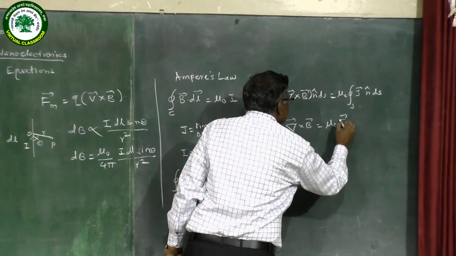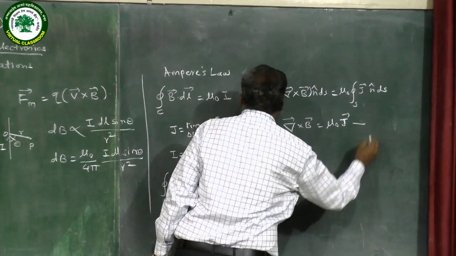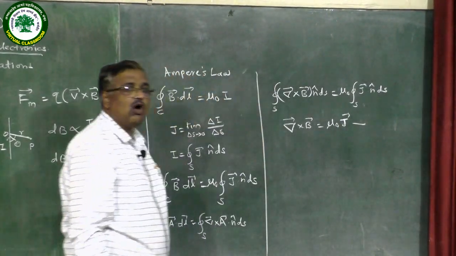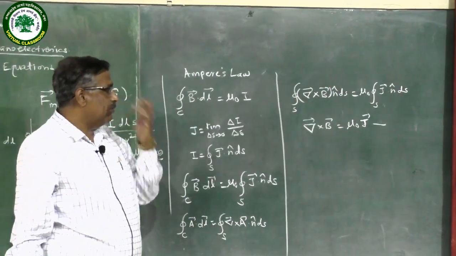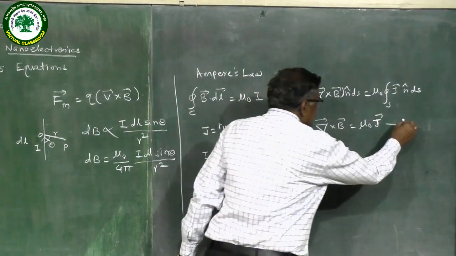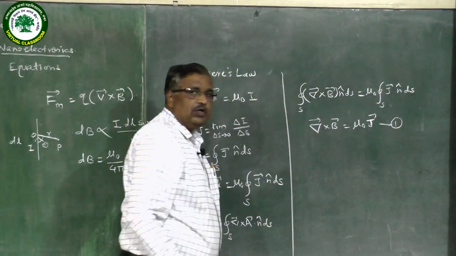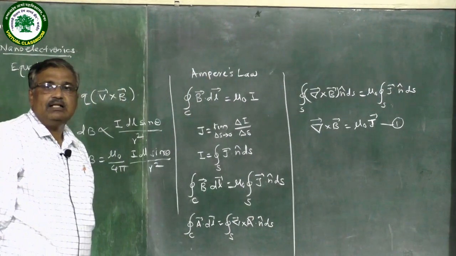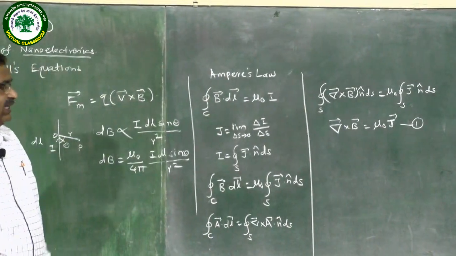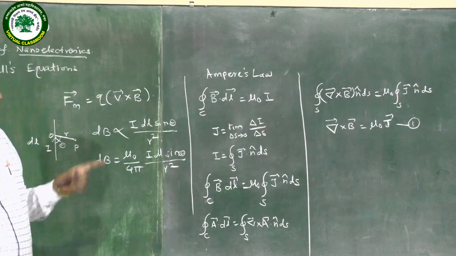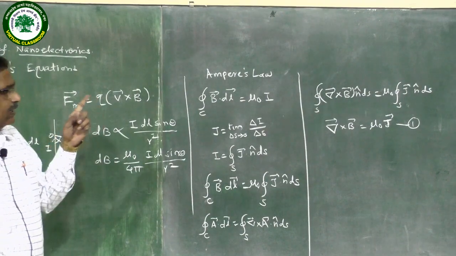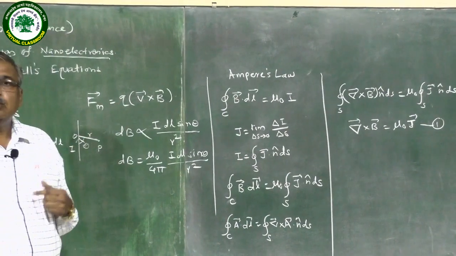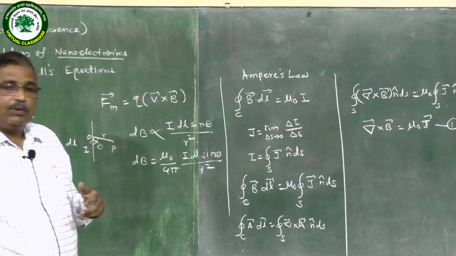So this is the equation in differential form, which is nothing but Ampere's law, which can be written in terms of differential form. This equation is also useful particularly to develop the magnetic theory. Now we consider that this equation, Ampere's law, can also be applied to magnetic materials, because magnetic materials